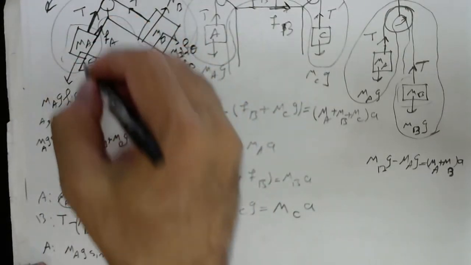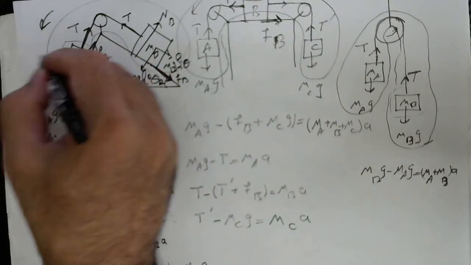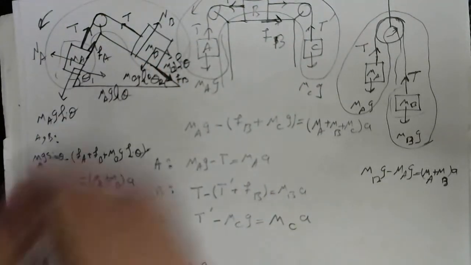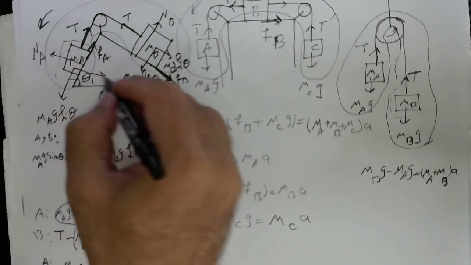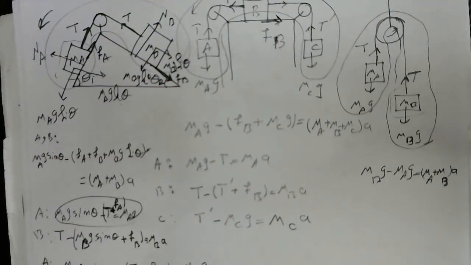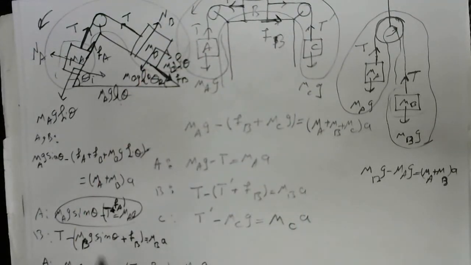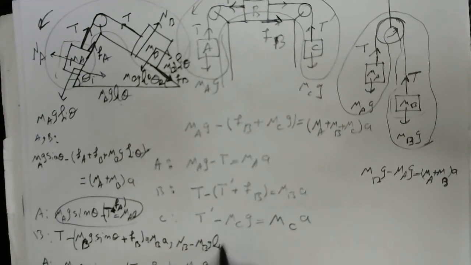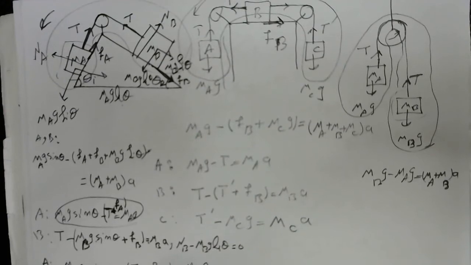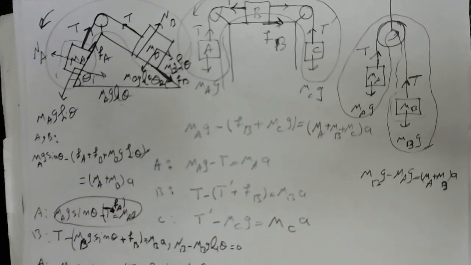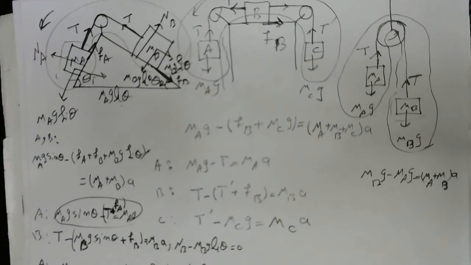Then here also you could assume, from the discussion we had, NA and MA cosine theta can balance each other, and here also NB and MB cosine theta. So for here you could say NB minus MBG cosine theta, and here MA minus MAG cosine theta. So this pulley's role is just changing the direction, but sometimes this can be a bit